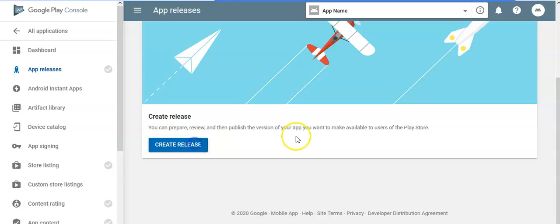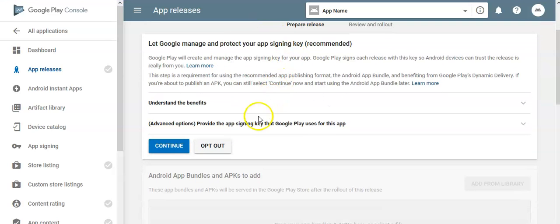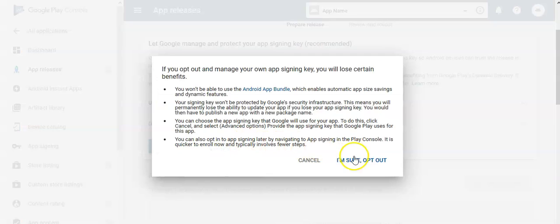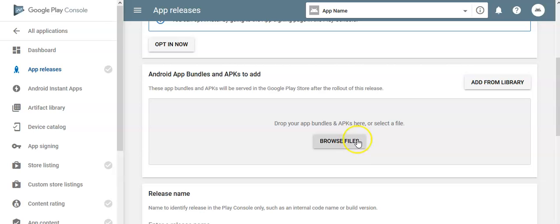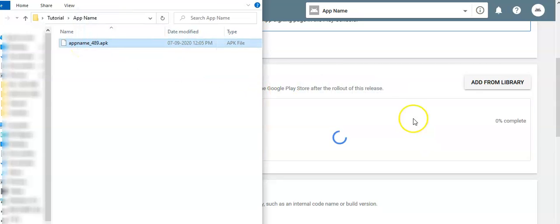Next here click create release. Then click opt out, and here I am sure to opt out. Next you can click here and select the APK file or you can drag and drop the APK file here. For example, this was the APK file, so I am just selecting it and I'll drop it here.